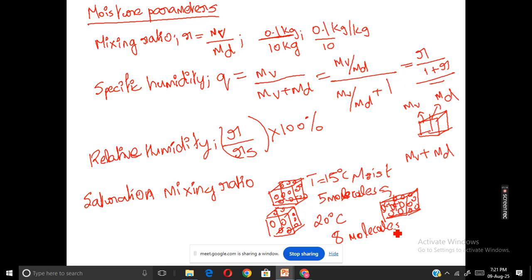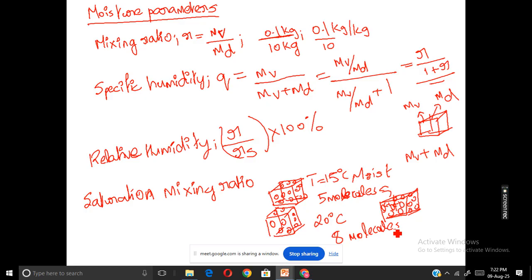Only once the parcel reaches saturation do the processes of condensation, precipitation and so on occur. Condensation means the water vapor molecules start condensing and forming water molecules, and these water molecules start forming cloud particles. The cloud particles grow and finally become rain droplets and then precipitate out of the parcel. That's how the whole cycle from vapor back to the surface happens. So saturation is a very important parameter that the air parcel should reach before all these processes start.